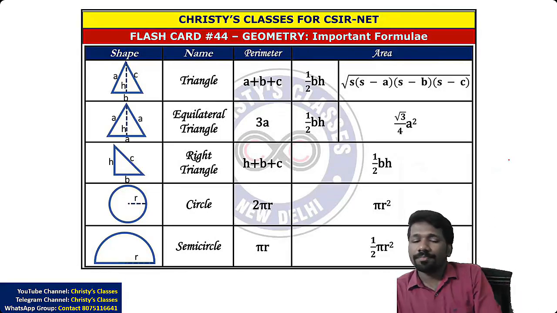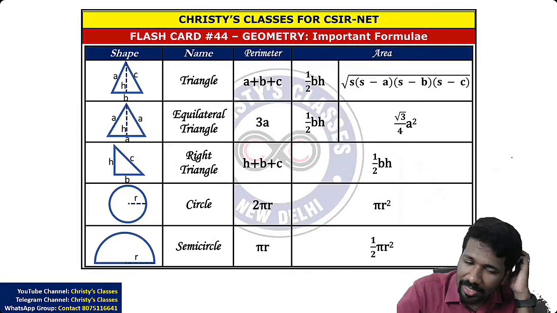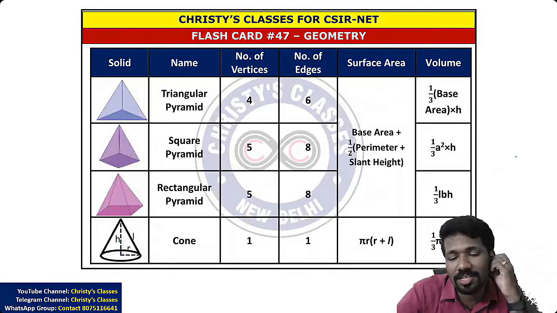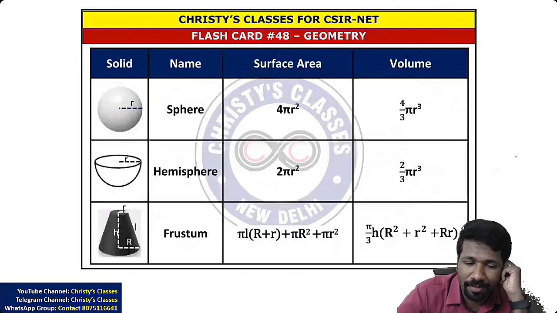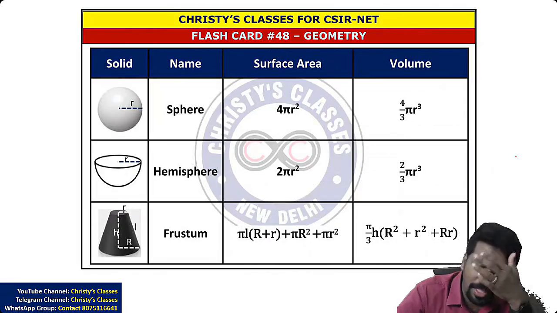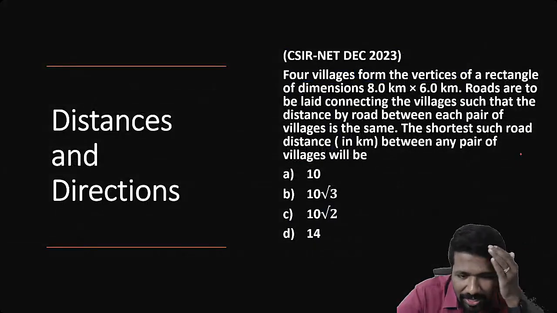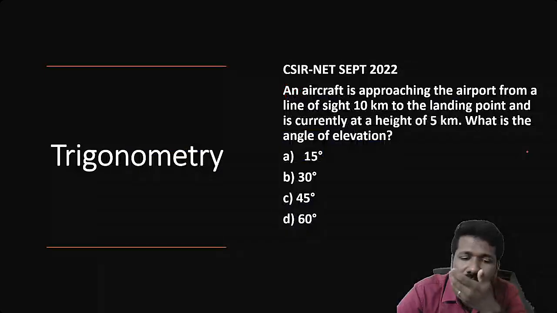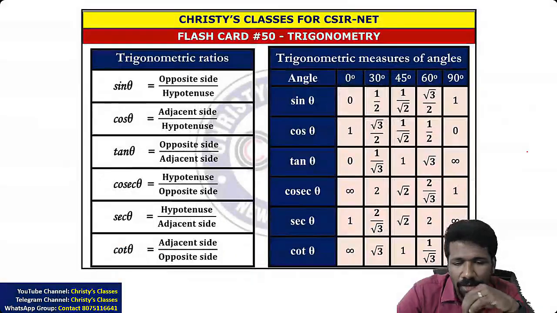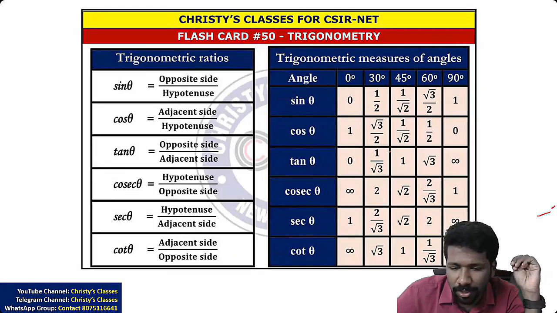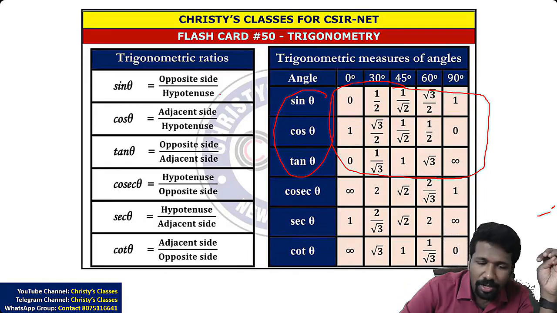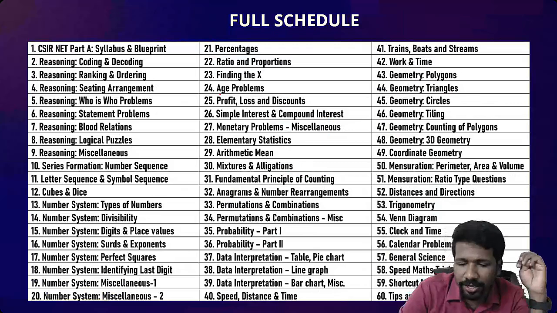So anyway, geometry में what are the major area, perimeter, volume you should learn, that I will teach you. उसका logical explanation क्या है वो भी हम explain करेगा. How to understand this formula without rote learning or by hearting it. Then comes distance and direction. इसमें Pythagoras theorem, Pythagorean triplet, direction का concept, all these things will be separately discussed. And trigonometry, trigonometric ratios some are important, at least sine, cos, tan. इसका एक short trick also I will be teaching you how to remember this ratio super fast. Okay, so that is the geometry related unit.